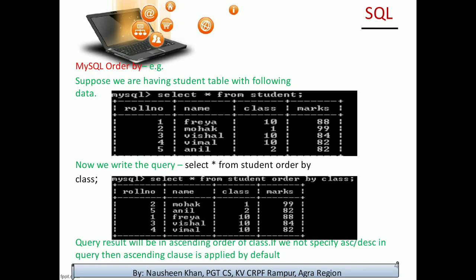If we want to sort this table class wise, I will write the query: select asterisk from student order by class. So my records will be sorted according to class.